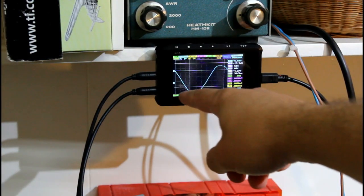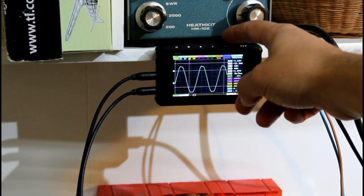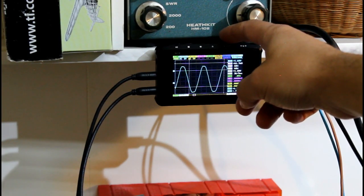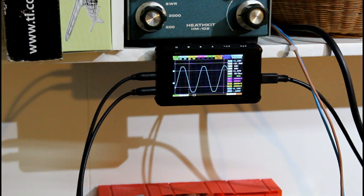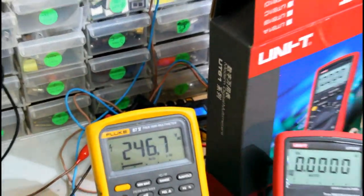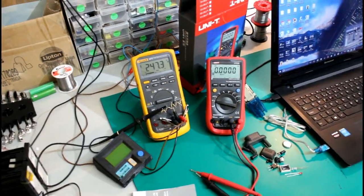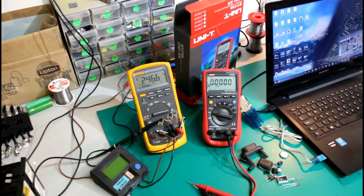It has these flat areas right here, and the waveform, if you zoom out, rather looks like being triangular. So it's an approximated waveform, it's not a pure sine. So having this in mind, we could go ahead and look at the reading of this meter, draw some conclusions